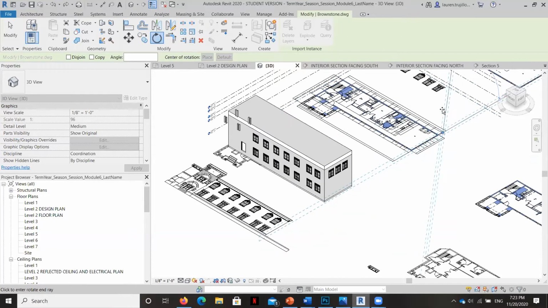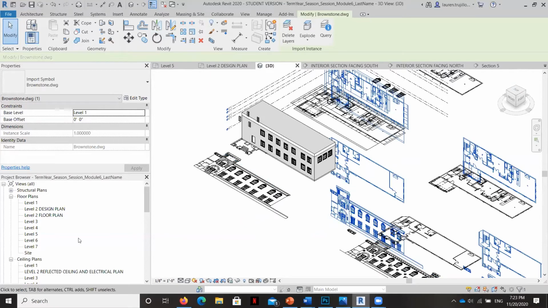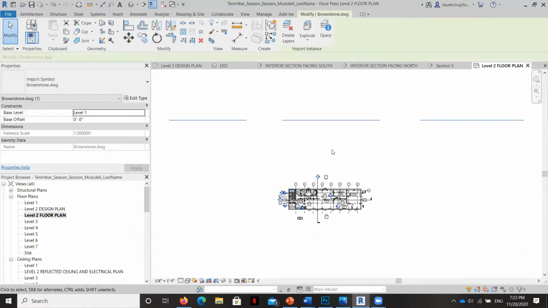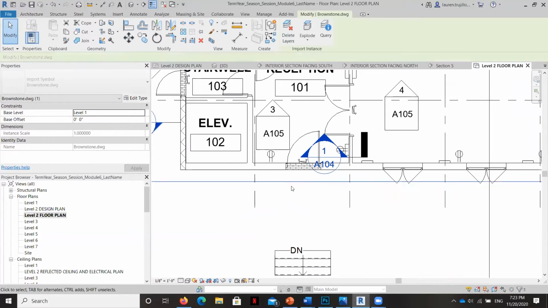And now I'm going to go vertically, 90 degrees. Okay, and there it is. Now, if I look at this in plan view, that thing I just rotated is right here. So I actually need to move it so that it's touching the front of my facade of my actual model.